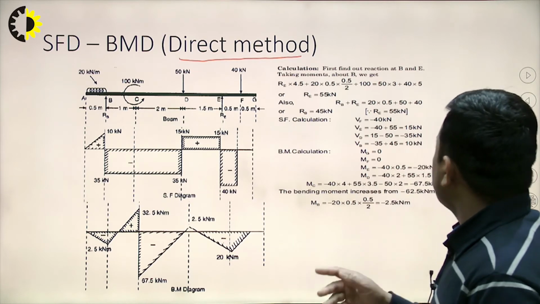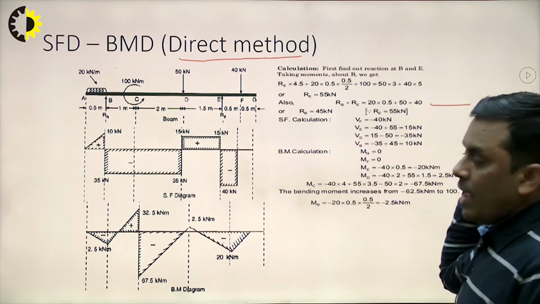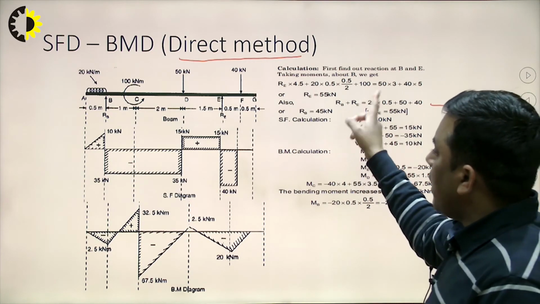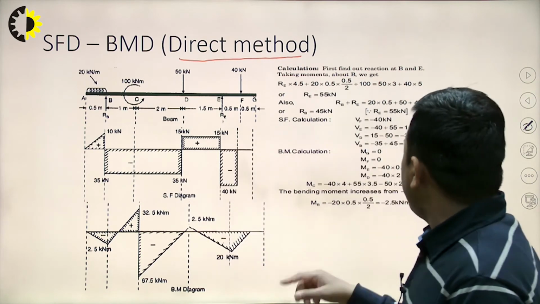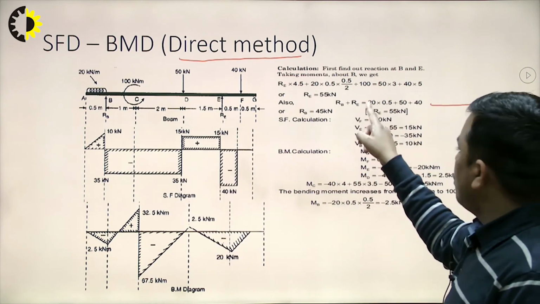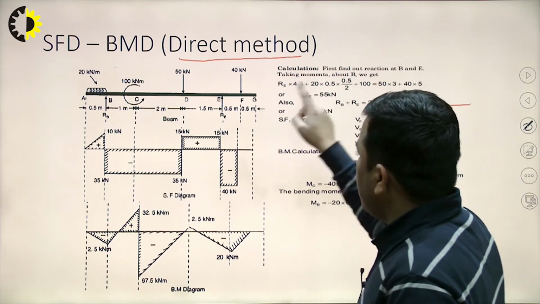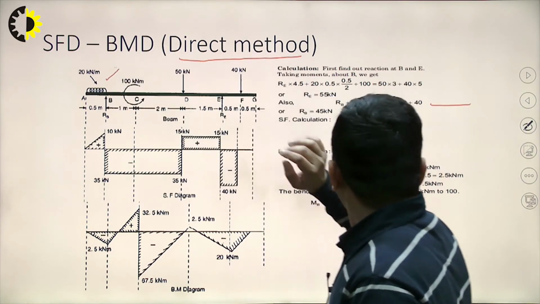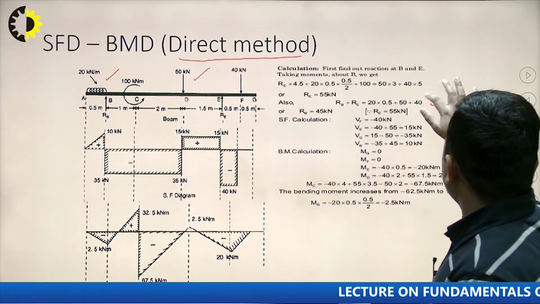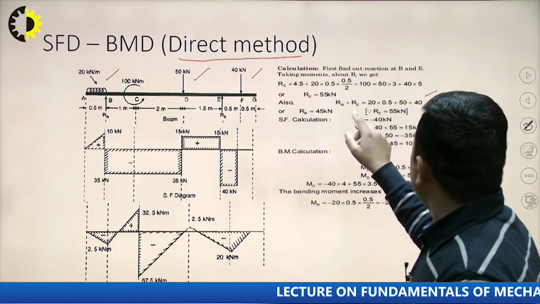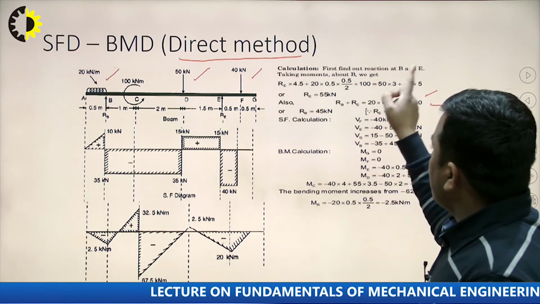So, for finding out the support reactions, we can write two equations. First is related to sigma Fy equal to 0. Rb and Re, the two support reactions, are upward, and the loads are 20 into 0.5, which is the UDL acting downward, plus the 50 point load and the 40. So, Rb plus Re equals the sum of all these loads, and one more equation is required, so we take the